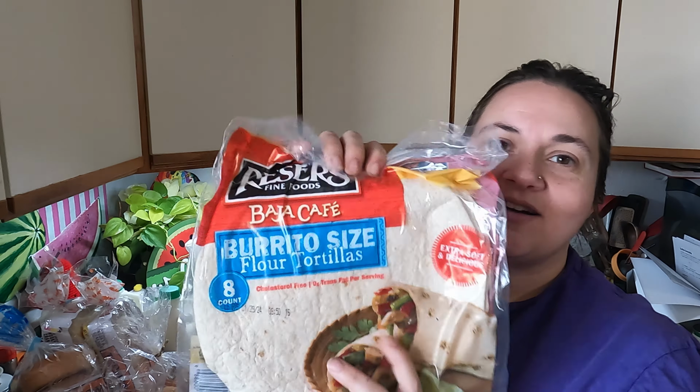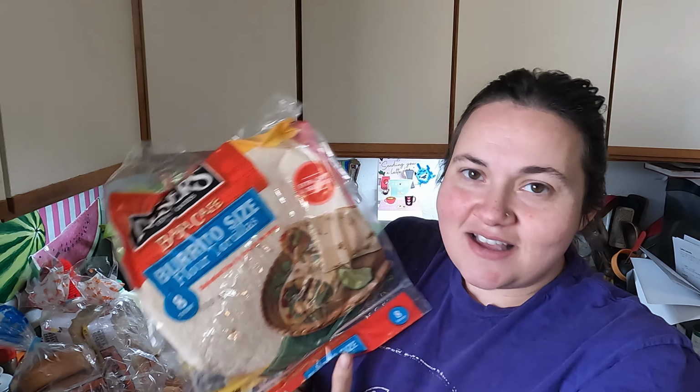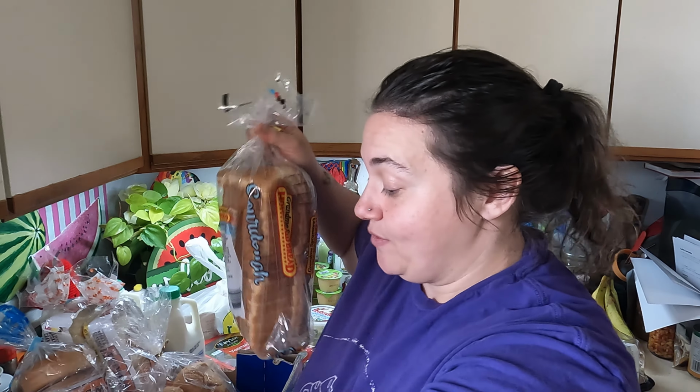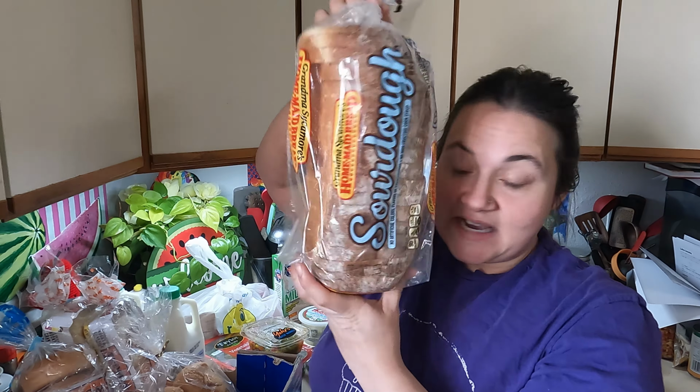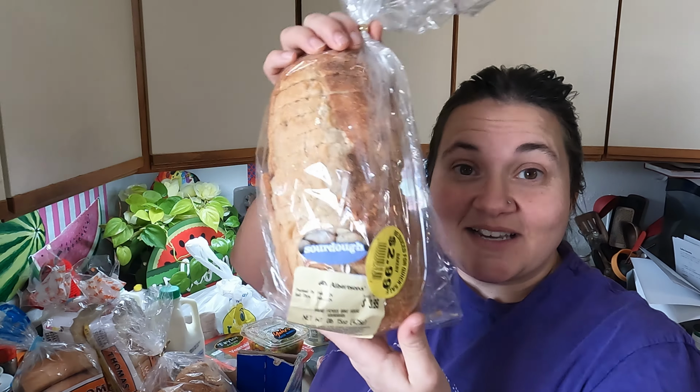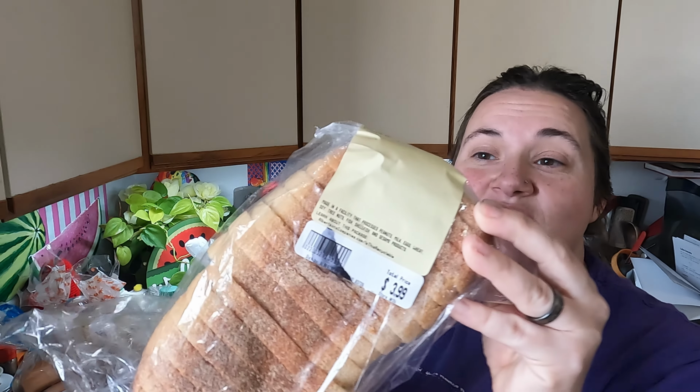So one of the things I got was a big thing of tortillas. We love tortillas. I make lots of enchiladas with these. So those are a great find for me. And then a thing of sourdough. Now, I was in the store the other day and bread is running anywhere from $3 to $6 a loaf, depending what it is. Here's another sourdough. This is $4 for your local one that's